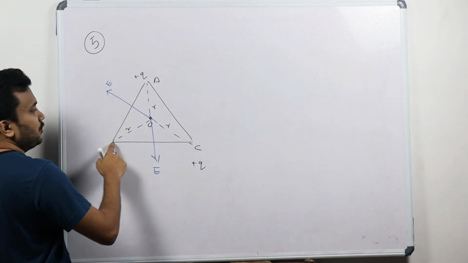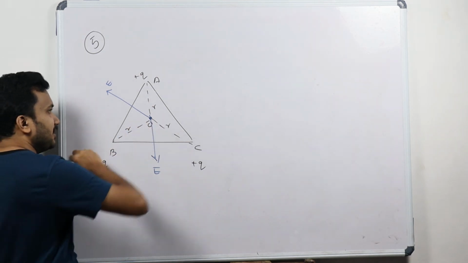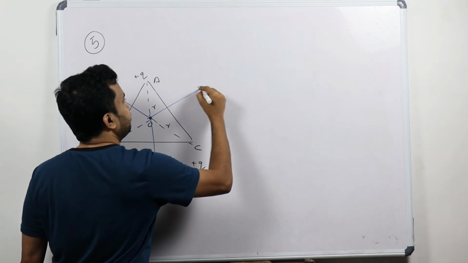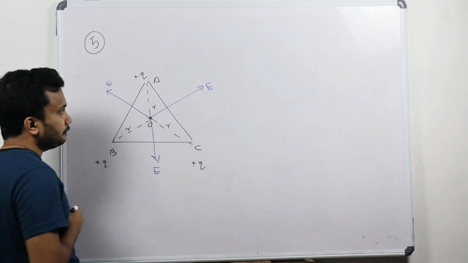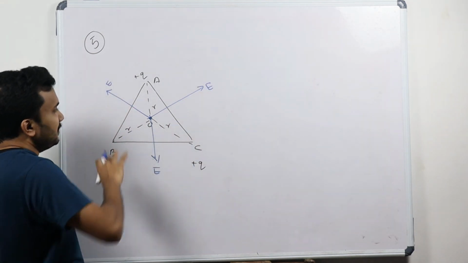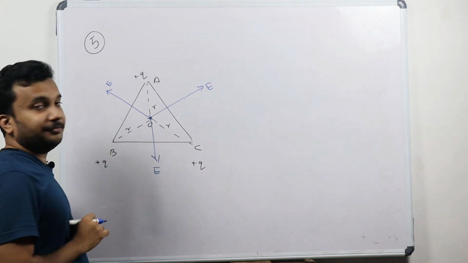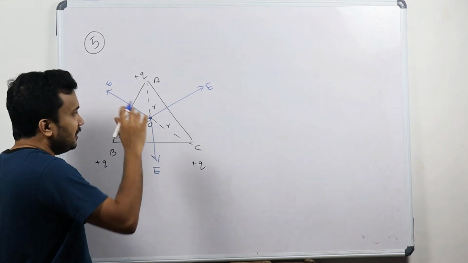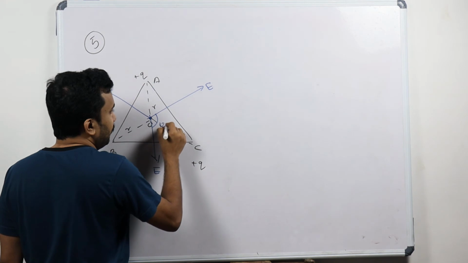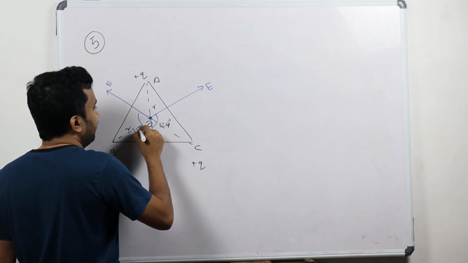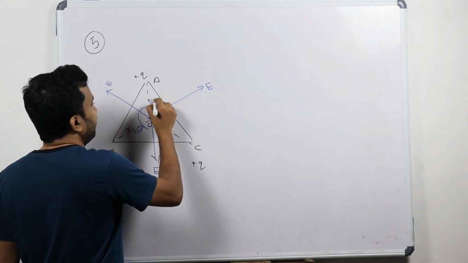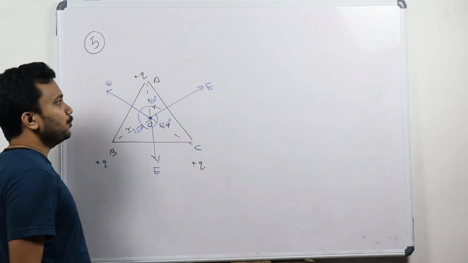Here also a charge will be there. So electric fields are not coming inside, electric fields are always going outside. So this is electric field E. This is like a kind of a fan leaf, right? So each of the fan leaf angles is what? 120 degrees, 120 degrees, and this is 120 degrees. Here I keep this vector here.